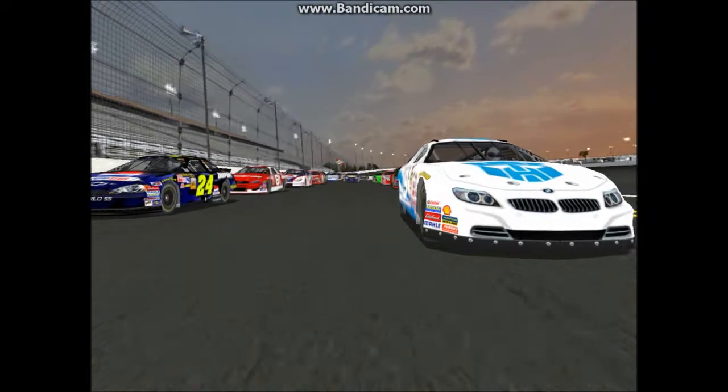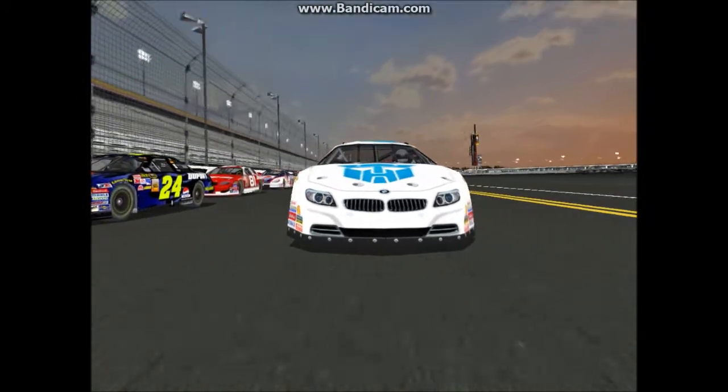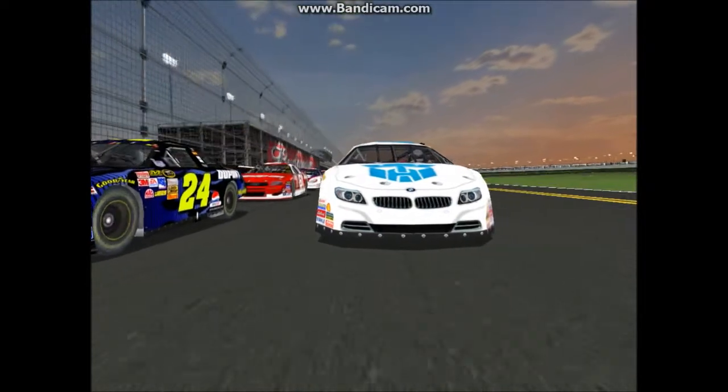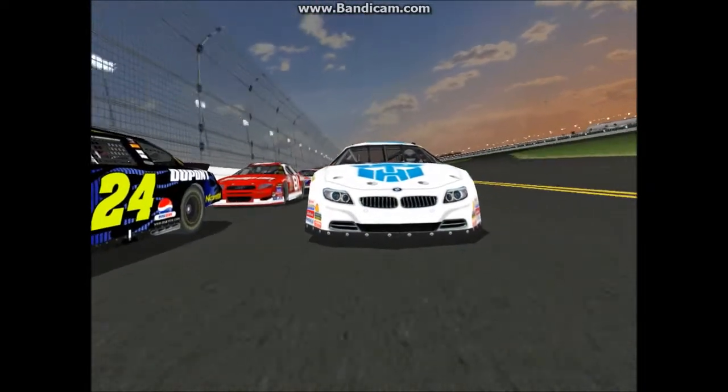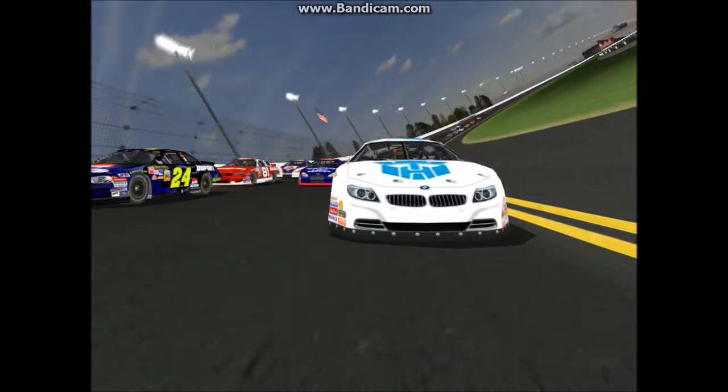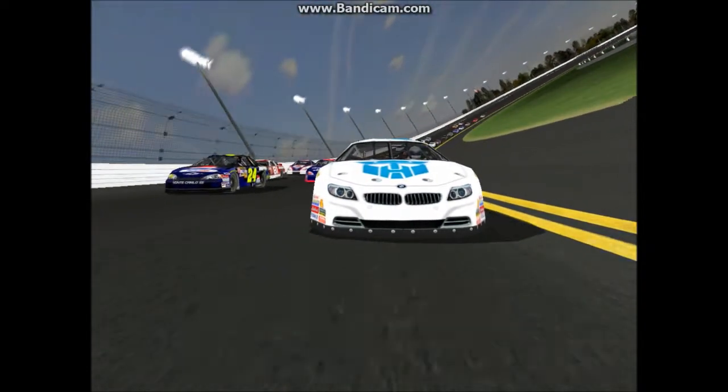You can see all the crazy racing at that. Yeah, we're not on board with Chris Washer, but this race is so far surprisingly clean. We haven't had a big one yet. Everyone's been actually driving pretty intelligently for a superspeedway, and with the way they're going, we may not even